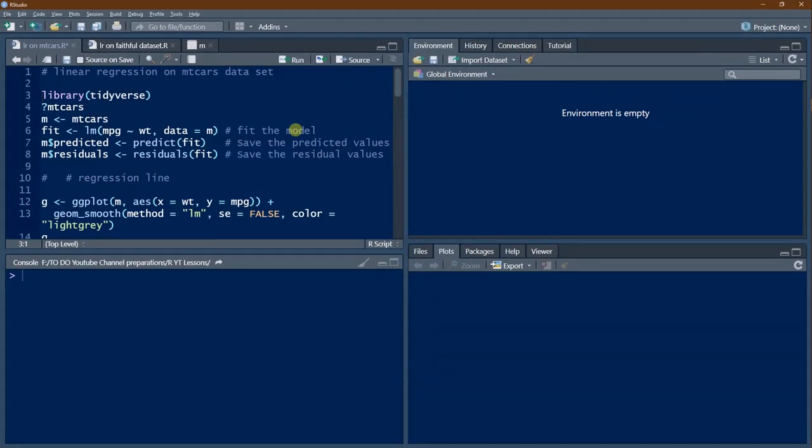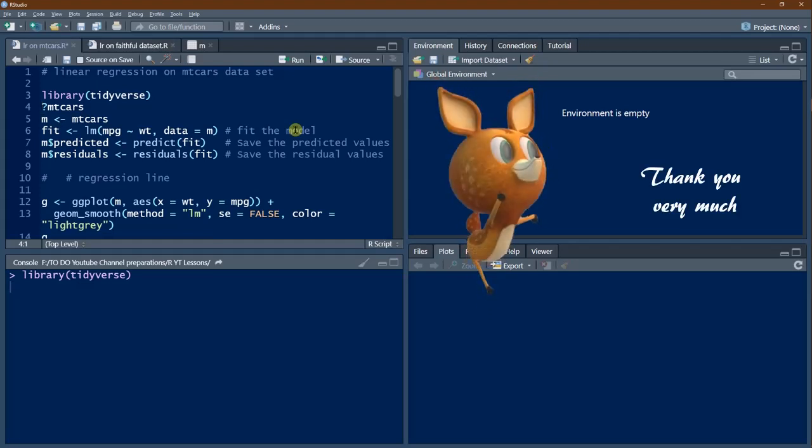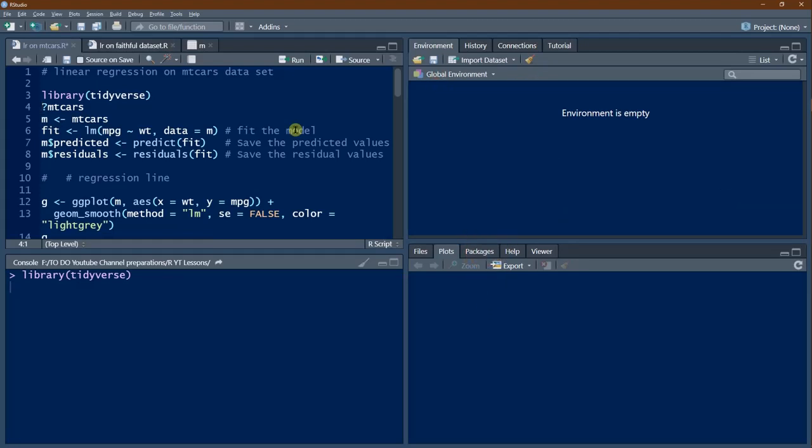I've got the script as usual in the editor for today's session. Let's start with the first statement, library(tidyverse). So tidyverse will get loaded. Then we'll just have a look at mtcars. The mtcars dataset is something we have already seen, but anyhow we'll have a refresher of this dataset.